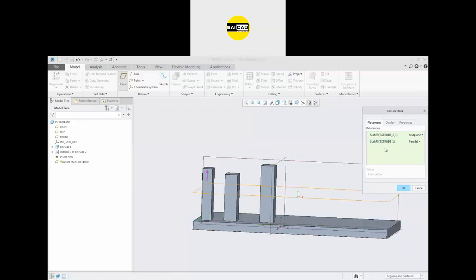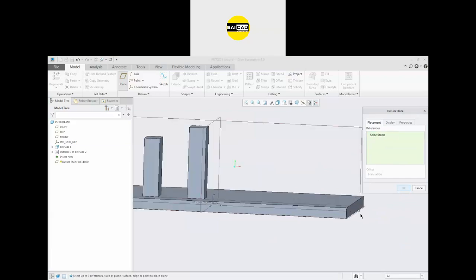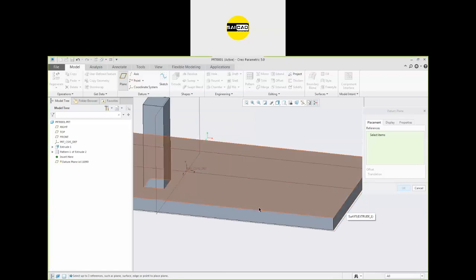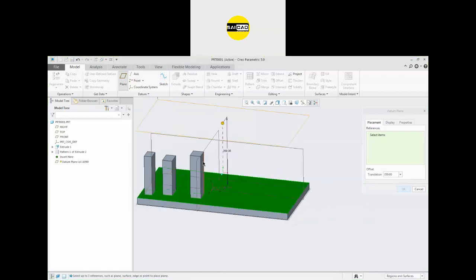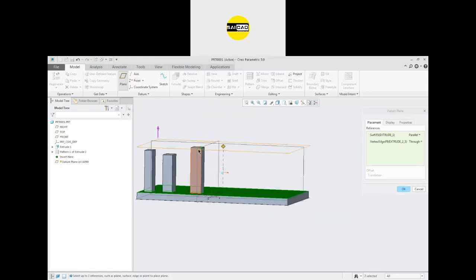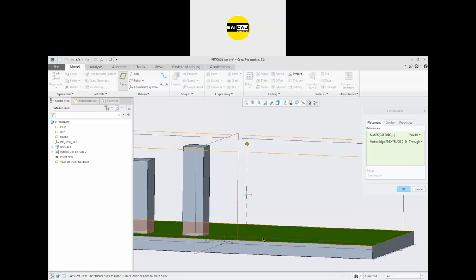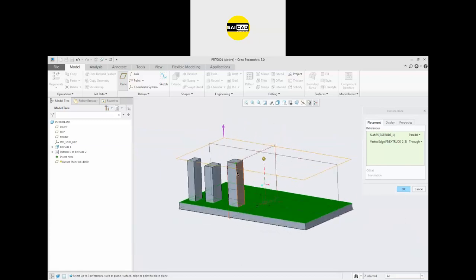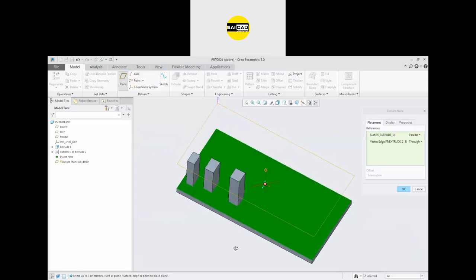Okay, so I'm going to remove it now. The second option is if you want to create a plane with the reference of a point, you can see there will be no gap in between. You can select a point and a plane, and a new plane will be created at that point with the reference of the previous face or plane.